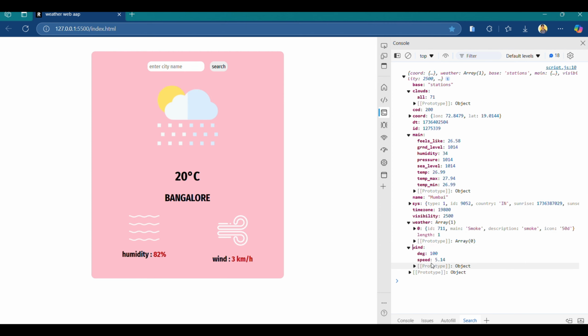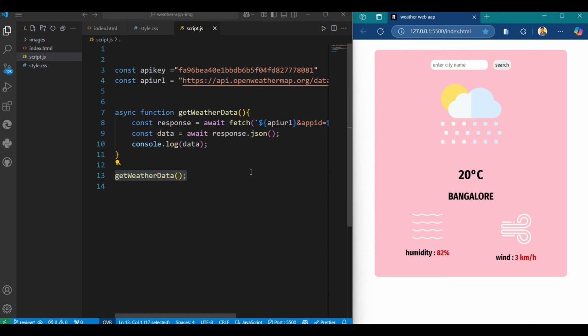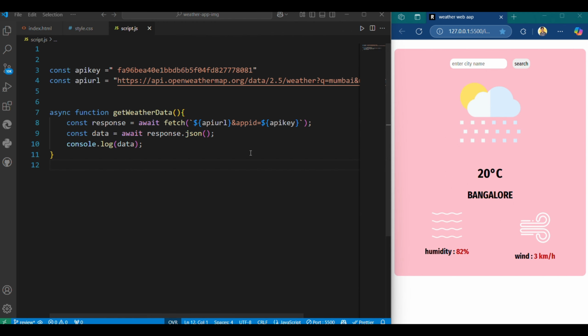Now let's display this data on the web app. So first we will call the IDs of the HTML elements where we want to show this information. Let me write the code and then I will explain.